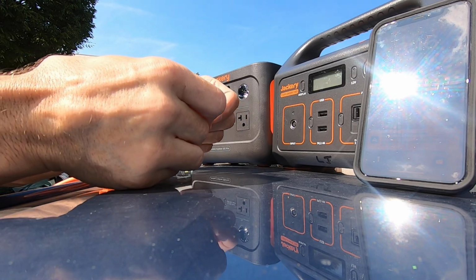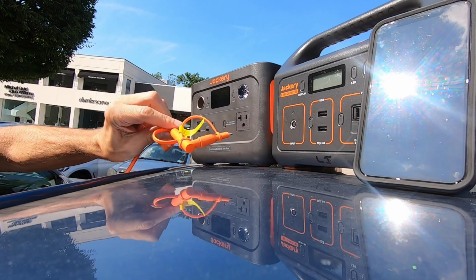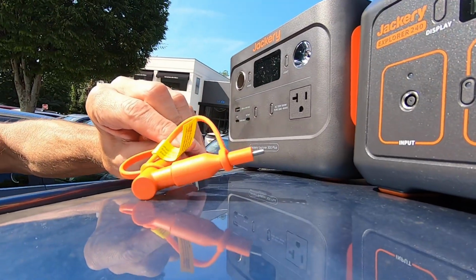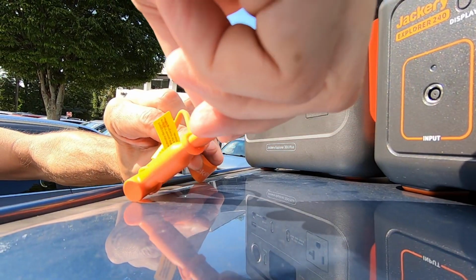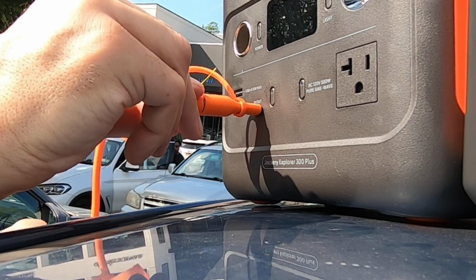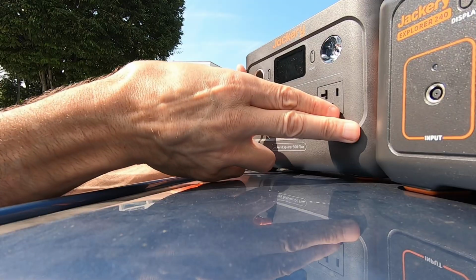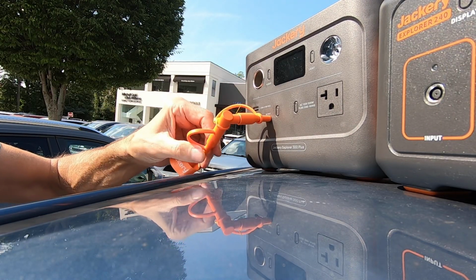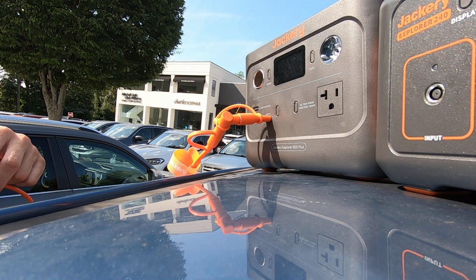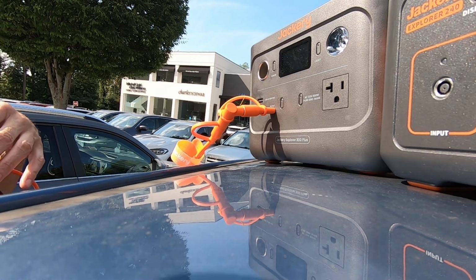All right, so we're gonna lay that down. We're gonna stick in the USB port. Now again, like I mentioned before, I don't like everything hanging on this. There's a little skinny piece of metal USB, but I want to make sure there's no tension on this, so I'm going to plug this in and make sure there's not that much pull on the wire. I'll hang it, and we're showing